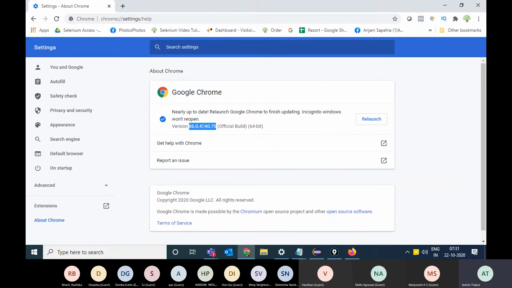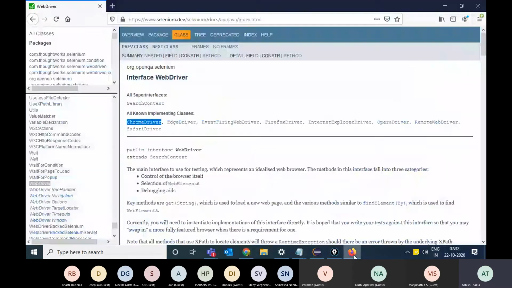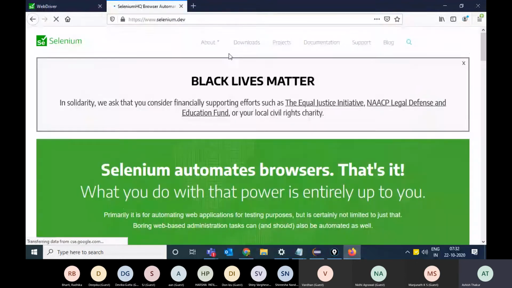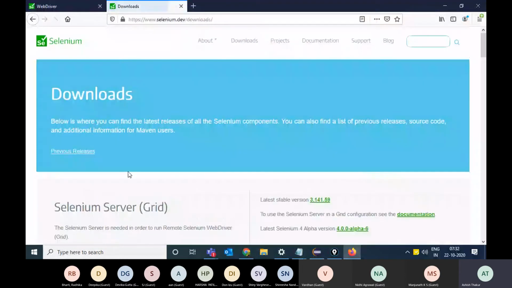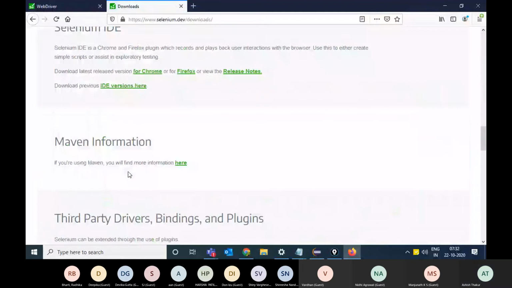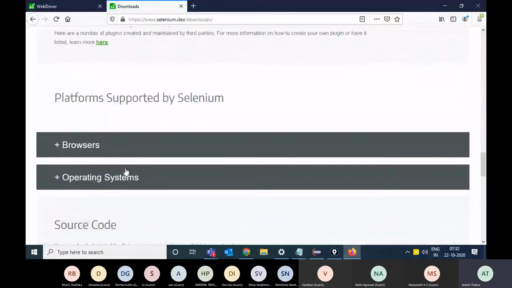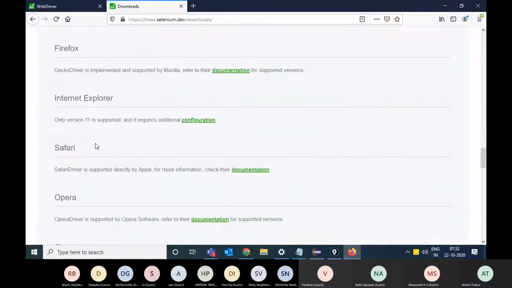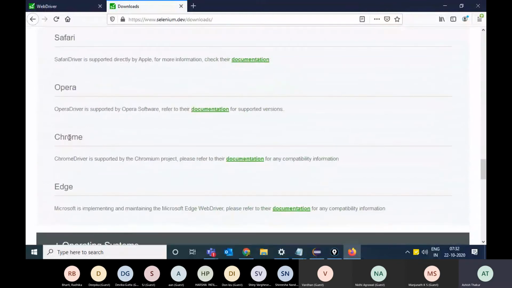Now for every browser, Selenium says that you need an exe. You go to the official website, go to the download section and scroll down. They have the platforms supported by Selenium section, and you go to the browser section. Chrome driver is supported by the Chromium project.